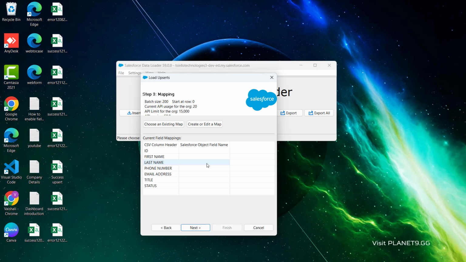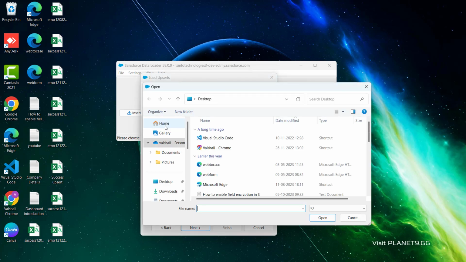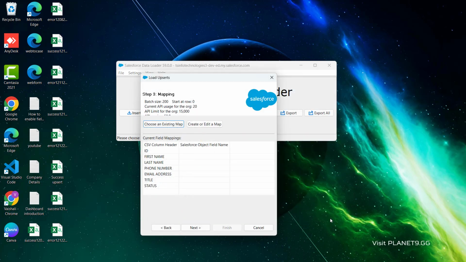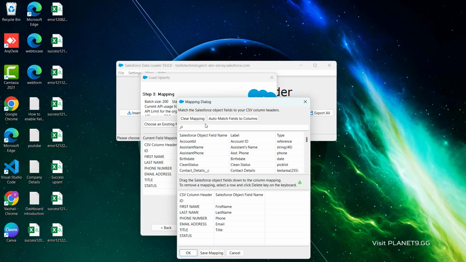Now here we are mapping our fields. So we click on choose an existing map, and here we go. We can select our file, that is this mapping, and then hit the open button, and here map this field, and then we click on the create or edit button. Now we click on the auto map field to column, select the auto map field, and then click on the